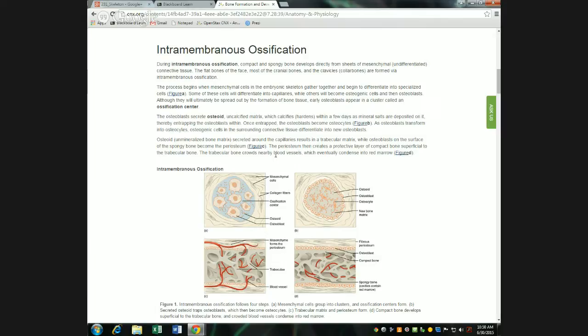I don't know if this is actually true. I've never done the legwork to verify it, but it makes perfect sense to me, so I'm going to use it as my explanation. Intramembranous ossification usually leaves bones a little soft at the time of birth. And so those bones that need to be soft at the time of birth are going to develop through intramembranous ossification. The rest of the bones are going to develop through